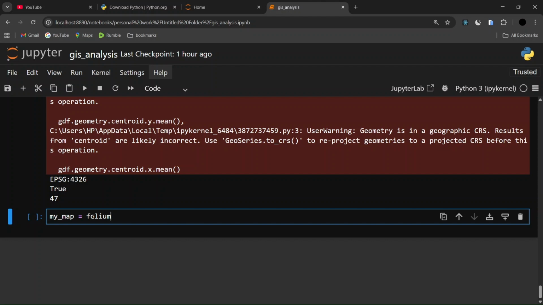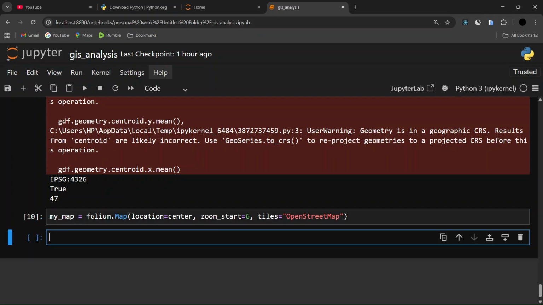Now that one is good. So folium dot Map, and we are going to pass in the location. The location will be equal to the center, so the x and y. The zoom level, zoom_start, will be 6, and then for the tiles we are going to use OpenStreetMap, like that. So I'm going to click on run, and then I'm going to add the GeoJSON layer to